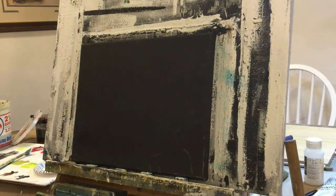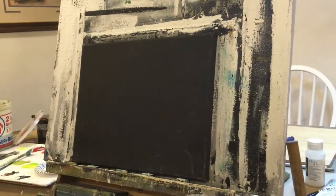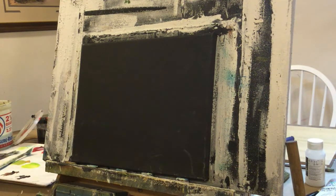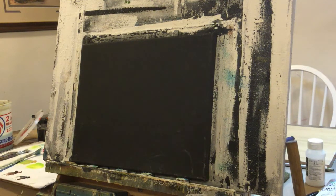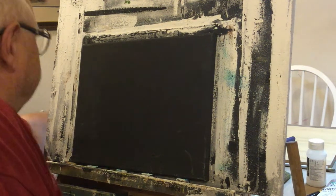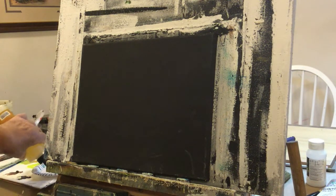Guys, so we got a small little black canvas here today. I want to do a quick little video with that. Do a little black canvas magic today. So let's start off with some liquid clear,